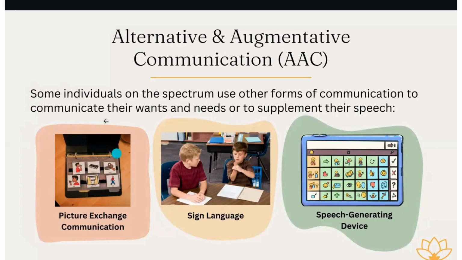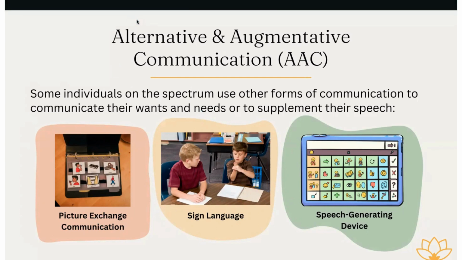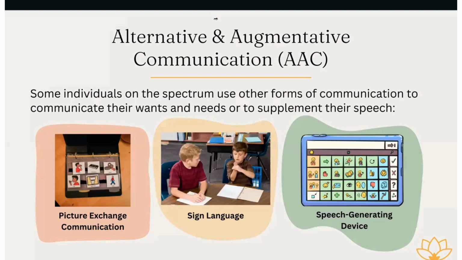So you can see a picture of a traditional PECS book there on the left. Now, it doesn't have to be a book like this. It doesn't have to be PECS per se, which is an actual packaged program from a company. However, it just means that pictures are being used to communicate. So the traditional approach to PECS is that a child picks a picture of something that they want to communicate out of their book and hands it to their communication partner. So maybe they're asking for help or they're asking for juice, anything it might be.